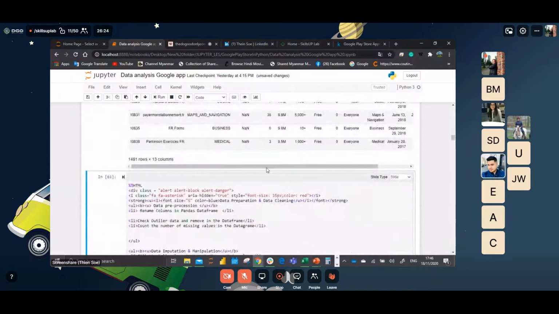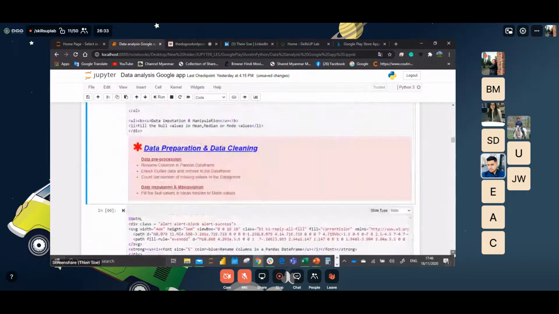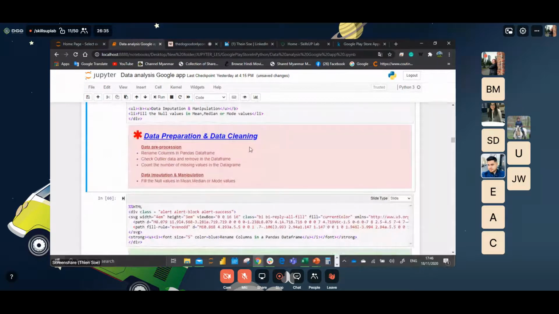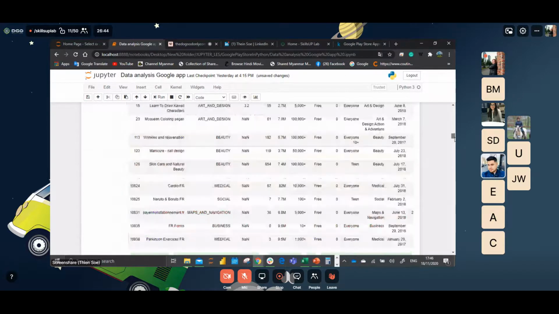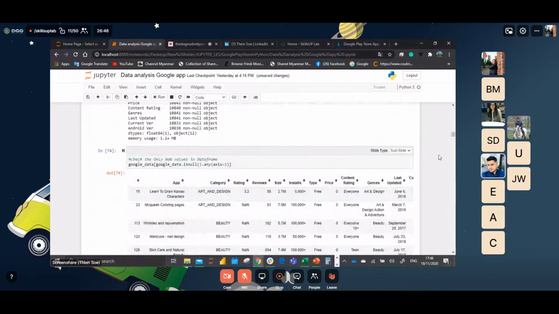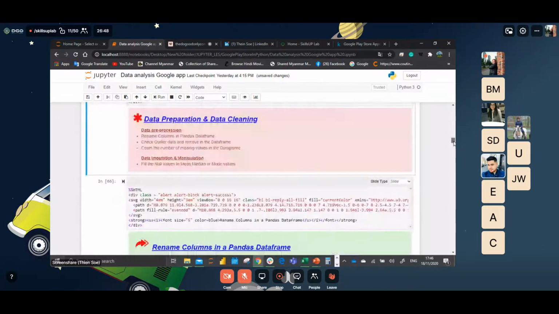So the total is 1481 rows and 30 columns. Okay, next I have to do data preparation and data cleaning. In this data set I have to do data pre-processing, which means renaming the columns, because here I see this column has a space, so I have to rename the column. Also,